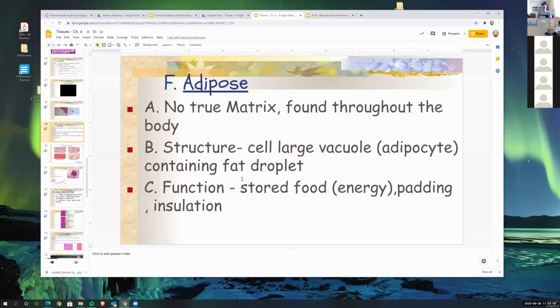Now, the function of adipose tissue is to store energy or food for the body. It's also really good at padding objects. So we find adipose tissue surrounding most organs. We have adipose tissue around our heart, our stomach, our liver, our small intestine. Every organ of our body has a certain amount of adipose tissue, sometimes inside of it